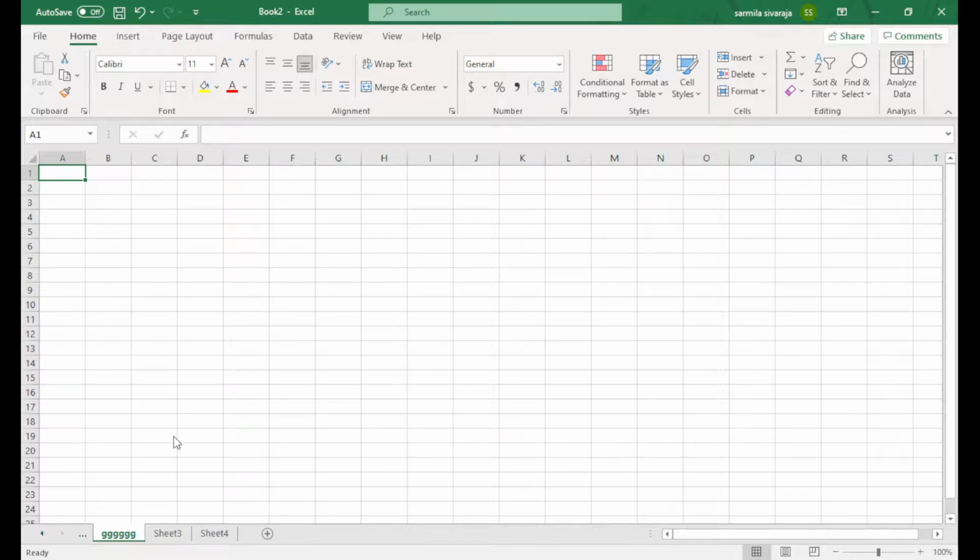Right, then I will do Protect Sheet. Protect Sheet is one of the most important options here, because when we think about the official sheet, we need to protect that sheet. When I press Protect Sheet, it asks for some protection levels. Based on this we can set the password. I will set one password such as 123, and confirm my password again.